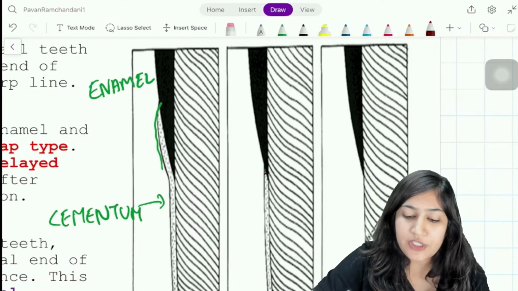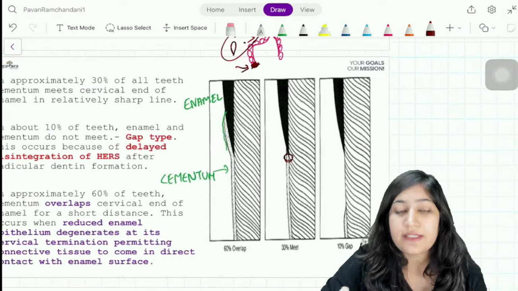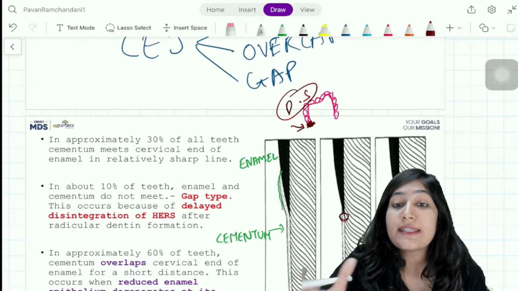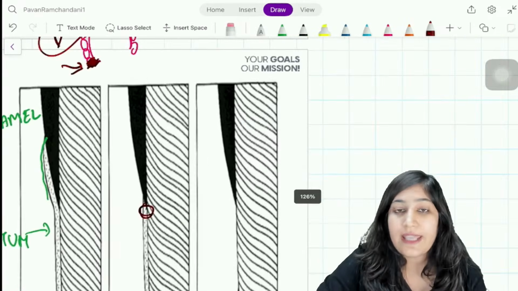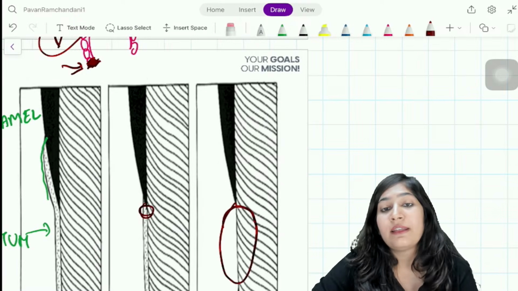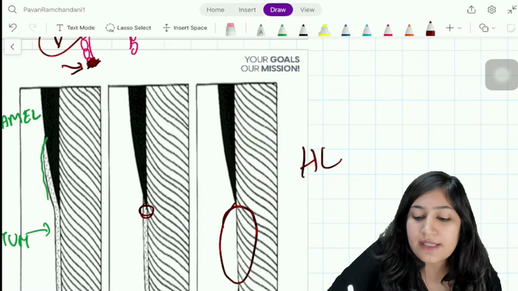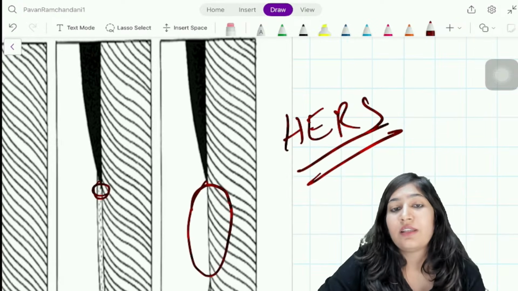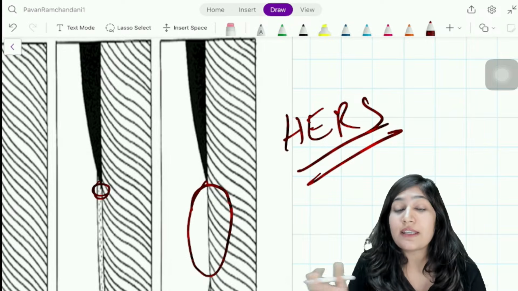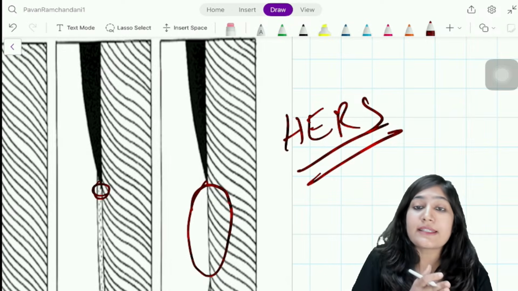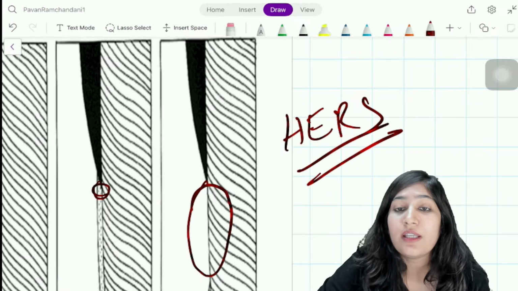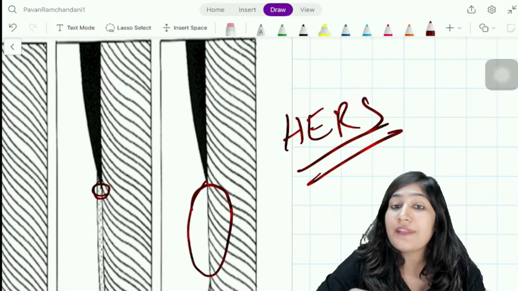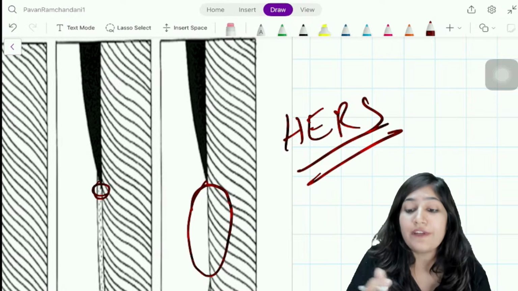Coming to the next, which is edge to edge. It is present in 30% of the cases. Mostly this overlap junction you can see in 60% of the cases. Gap type. Why is gap type there? Mainly HERS is involved in the formation of cementum, right? If there is disintegration of HERS, then only the dental sac cells can come in contact with the formed dentin, leading to the formation of cementum. But if there is no disintegration of HERS, definitely,